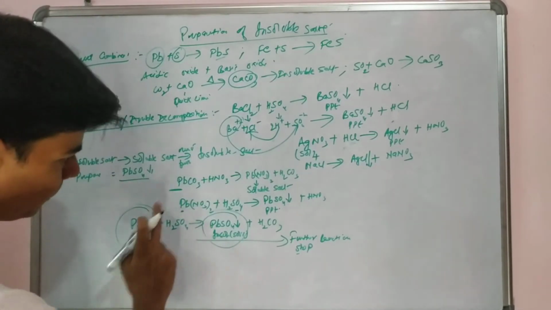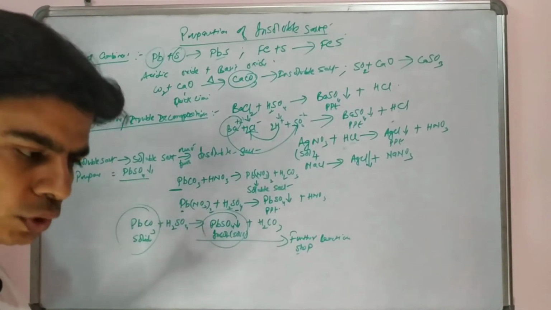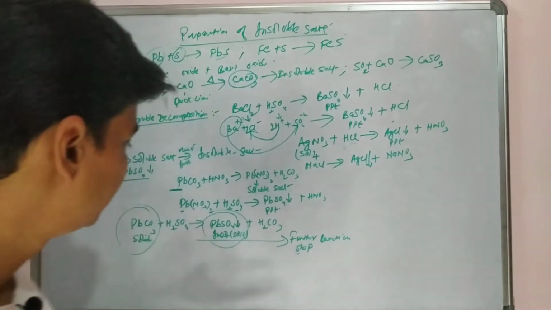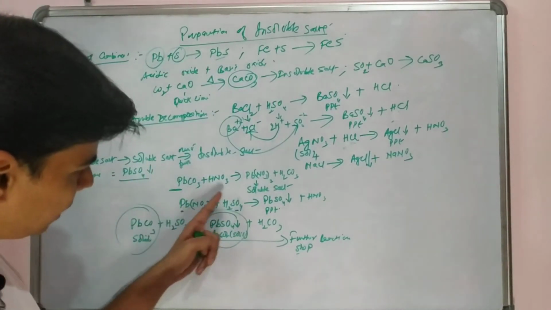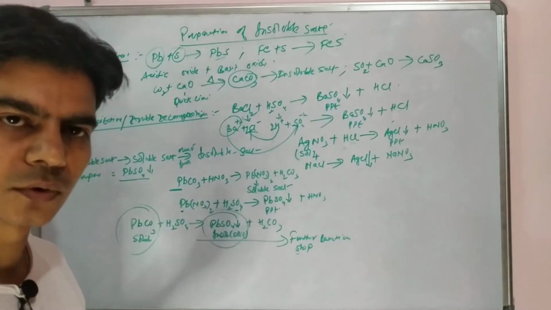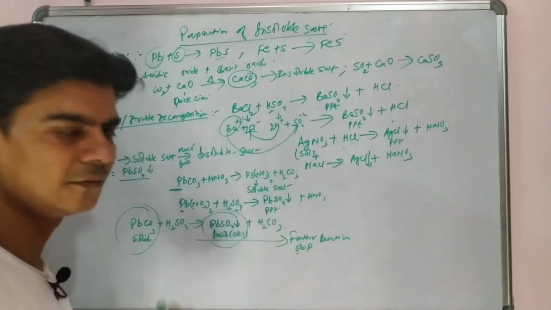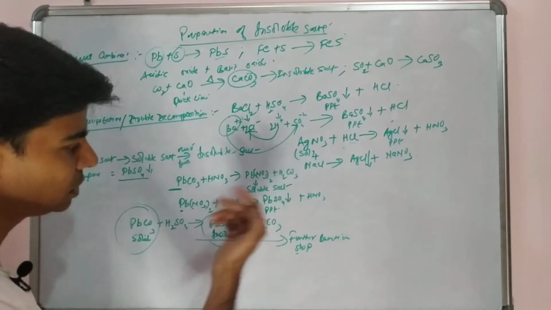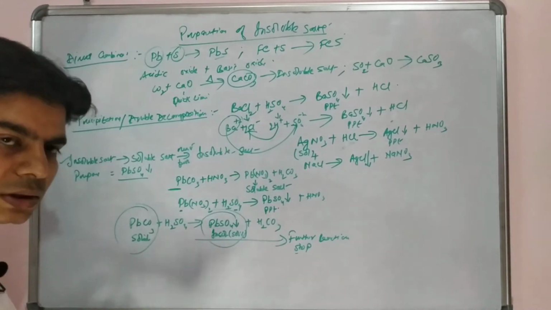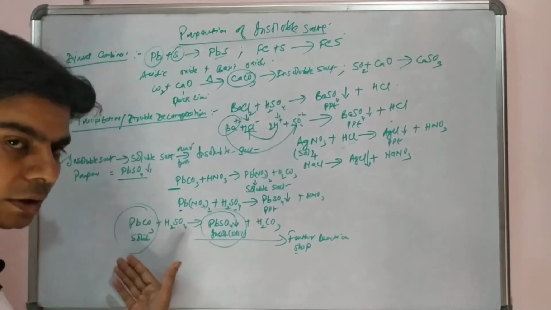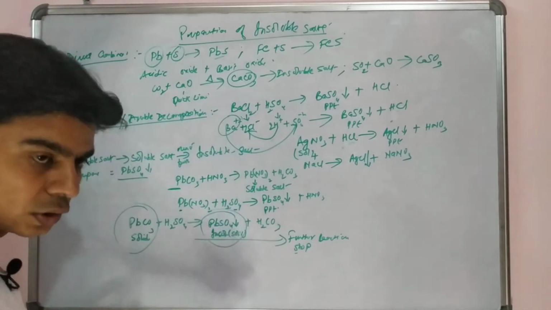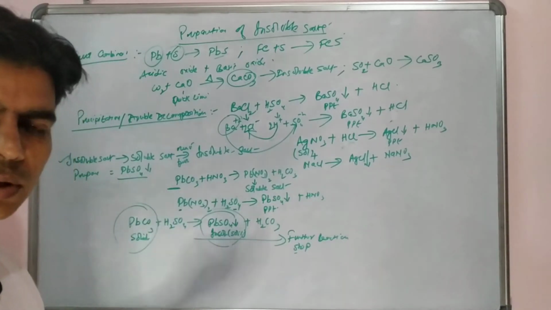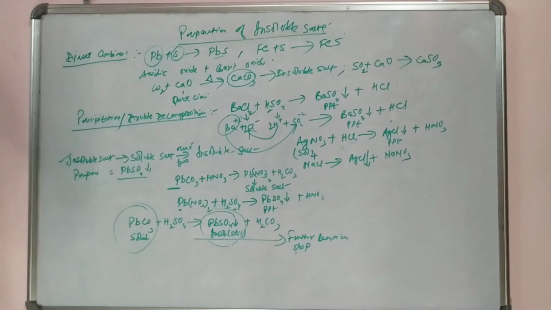But in this case we mixed two solutions. Two solutions can easily mix together, and the reaction will continue, because we have both reactants, lead nitrate and sulfuric acid, in solution form. So both these liquids will keep reacting to give you this solid. Whereas in this reaction we already started with a solid, and the product is also solid. So both solids will mix, this solid will deposit on this, and further reaction will stop. This is important.